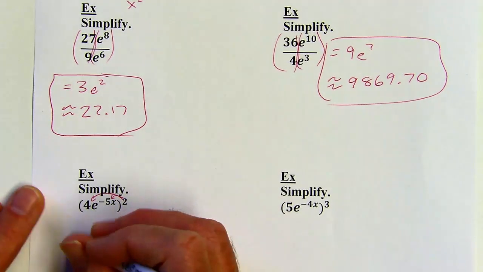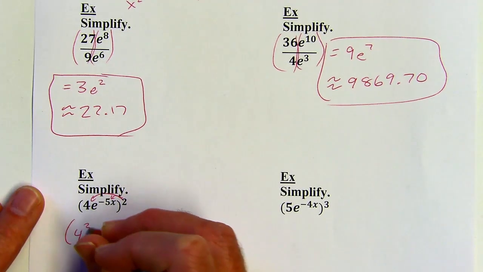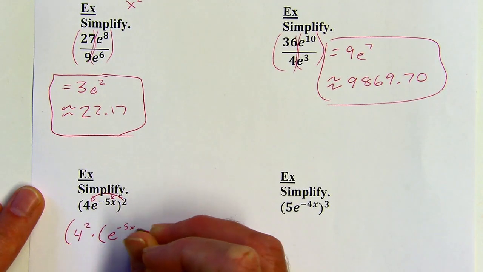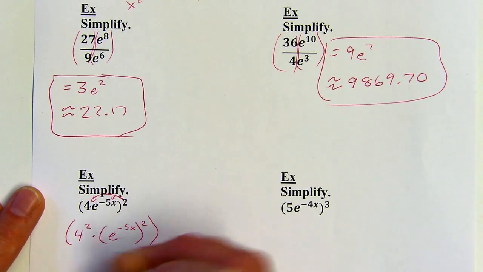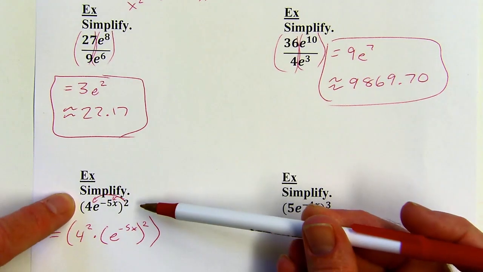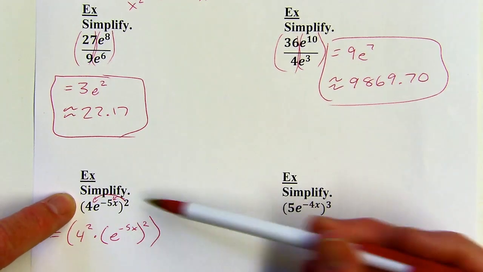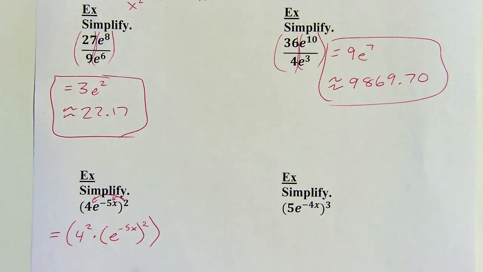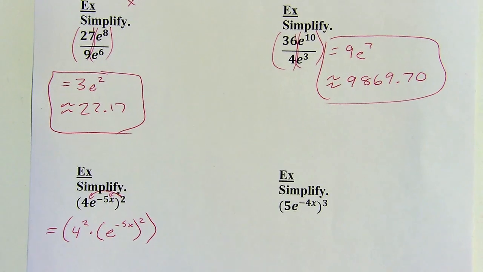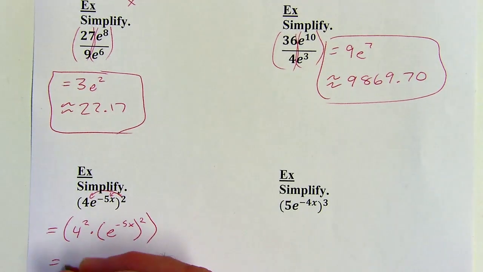So I can raise the 4 to the 2nd, and I can raise the e to the negative 5x to the 2nd, like so. So this is going to be equivalent, because if you did 4e to the negative 5x times itself, well, you would have 2 4's that you're multiplying together, right? And you would have 2 e to the negative 5x's that you're multiplying together, okay? So, hey, 4 to the 2nd is 16,